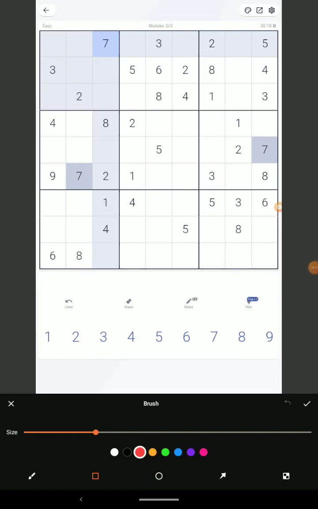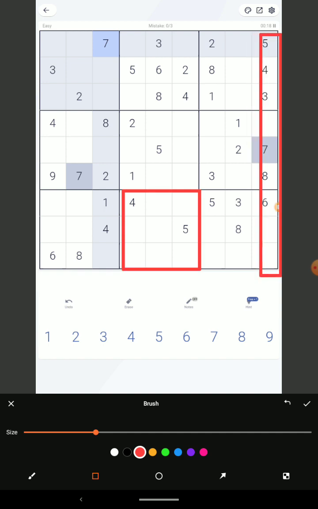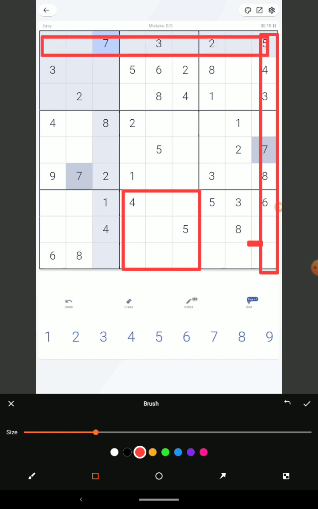Let's solve the Sudoku. Here in the Sudoku we have 9 blocks. The blocks are these ones, and we have 9 rows and 9 columns. These are the columns and these are the rows. The horizontal ones are called the rows and the vertical ones are called the columns, and each row and column